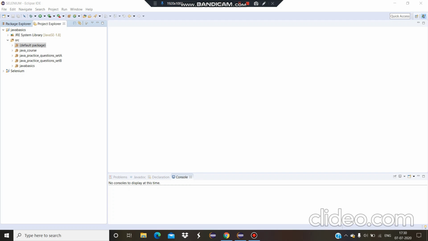There are three types of arrays. One is the one-dimensional array, second is the two-dimensional array or multi-dimensional array, and third is the jagged array. A one-dimensional array is also called a linear array, where we will store only a particular value considering only one dimension. As we discussed earlier, if you want to store the IDs of 50 students, we can use a linear array of int data type where we will store the IDs. So this is an example of a one-dimensional array.